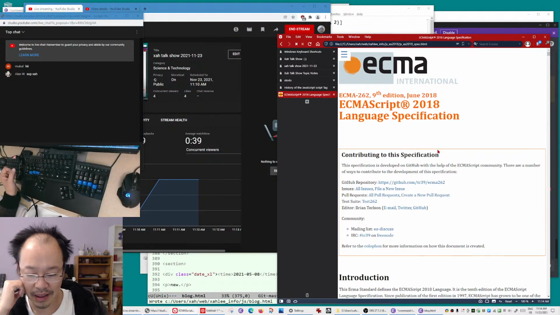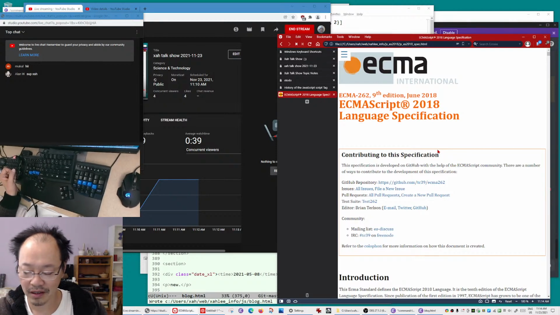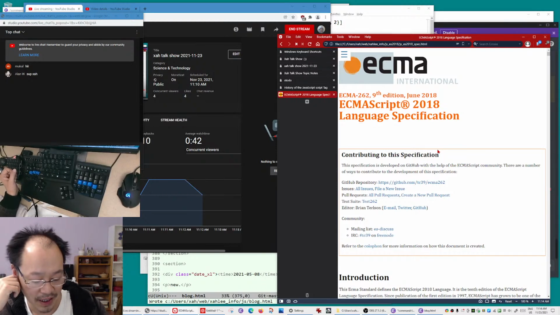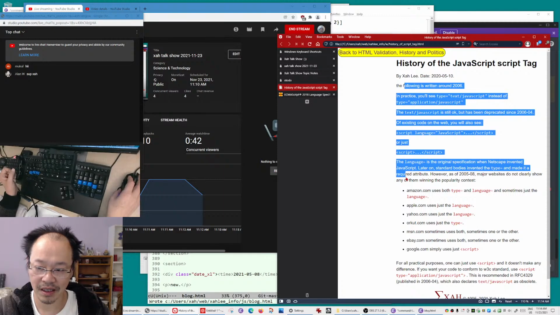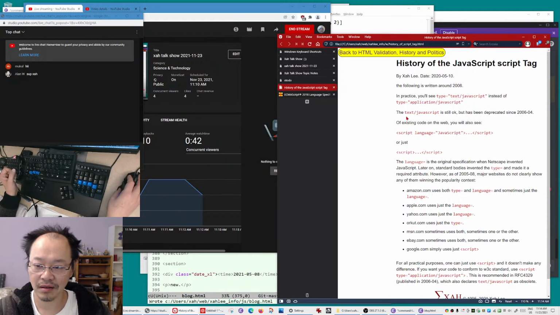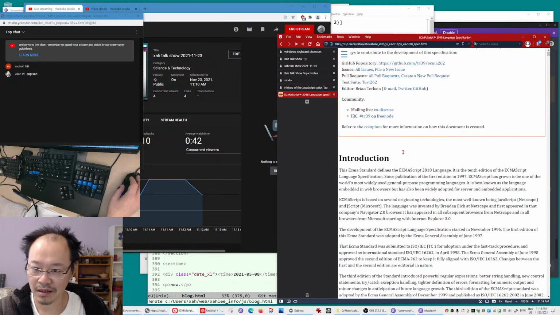So in 1996, Netscape, which became Mozilla Firefox, created JavaScript, the language. The idea is a dynamic website, because before 1996 all websites were just static, just text or images. There was no interaction. So in 1996,